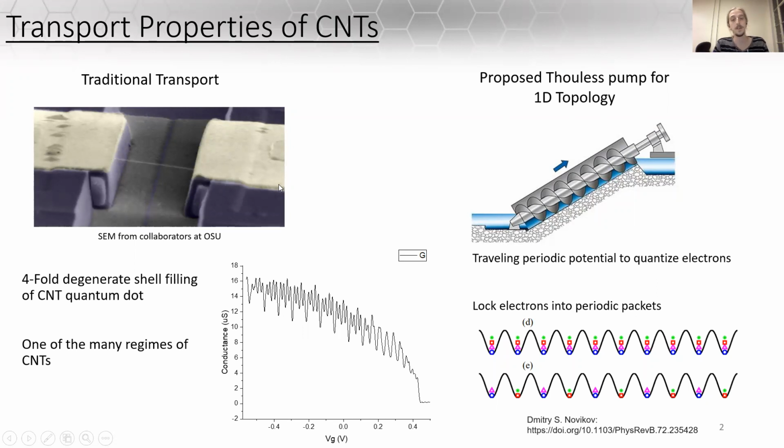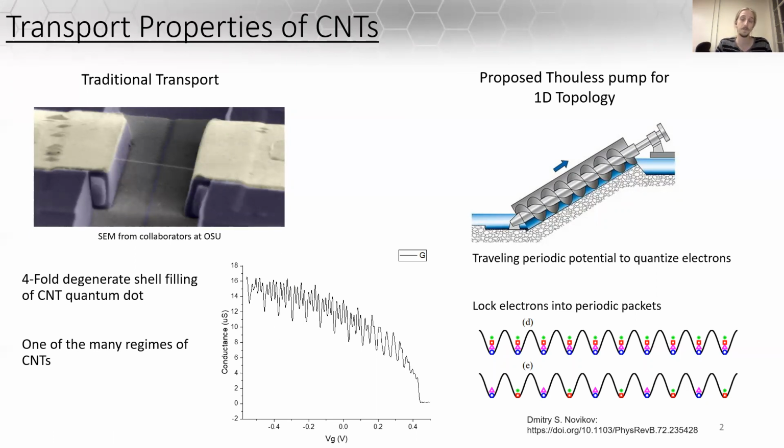So what happens in a carbon nanotube is when you measure the conductance, you can see individual electrons entering into the quantum dot. This plot that I got over the summer shows this. Each one of these peaks corresponds to one entire shell, and then each peak has 4 subpeaks, each corresponding to a 4 degenerate electron system. So you have spin up, spin down, and then something called the valley degeneracies. This is one of the many regimes that carbon nanotubes can fall into, and they all expose themselves in these